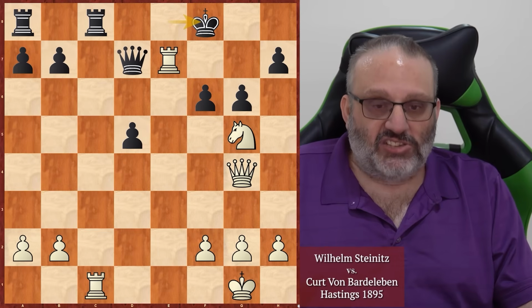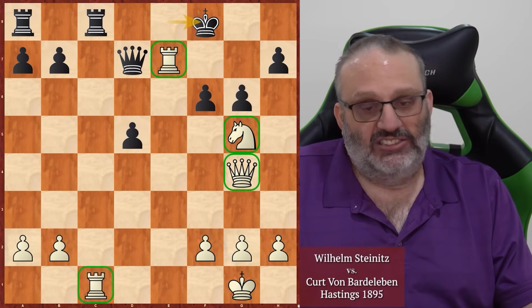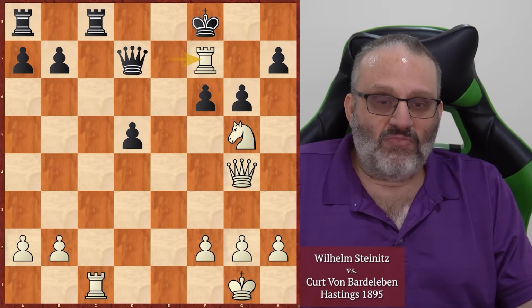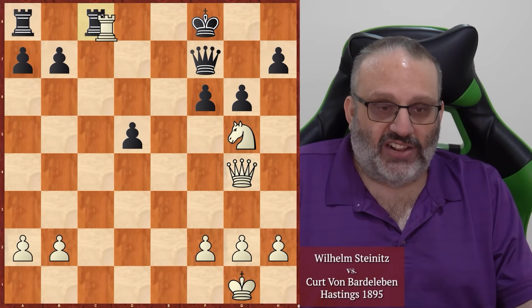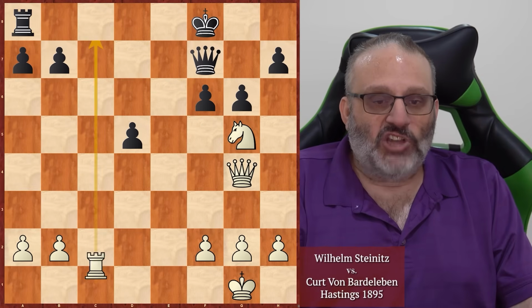And white's pieces are all hanging. Rook's hanging, knight's hanging, queen's hanging, rook's hanging. Okay, so king f8 is actually a good try. Rook f7 check. If king e8, this is mate. And if queen takes rook check, wins again. White's up a piece. So black played